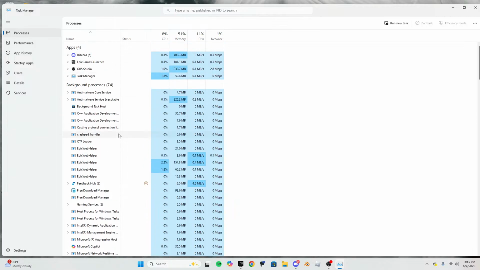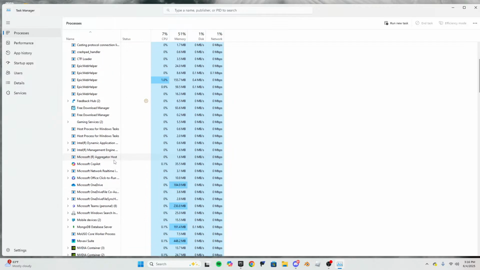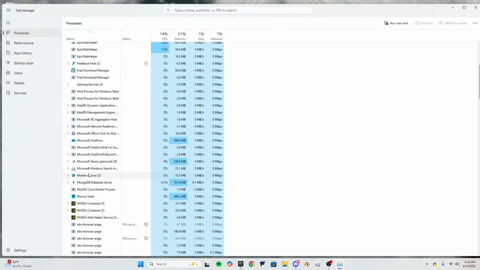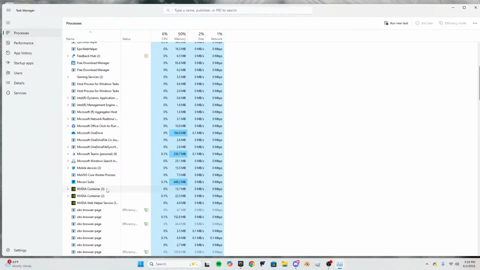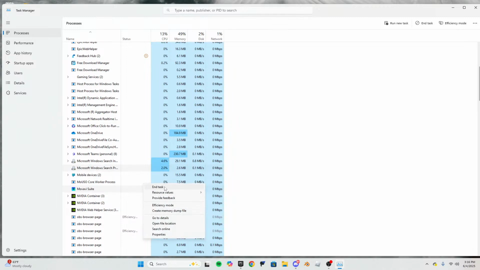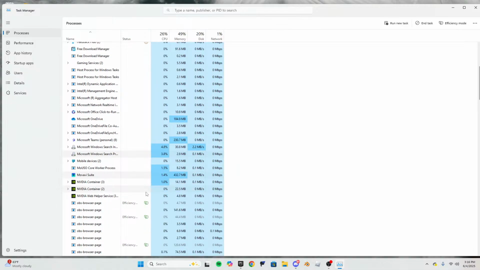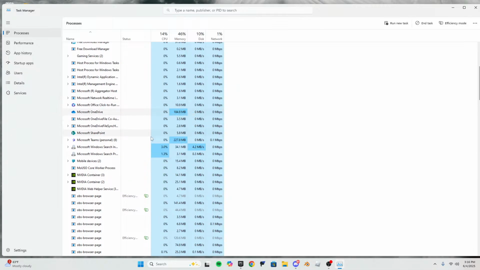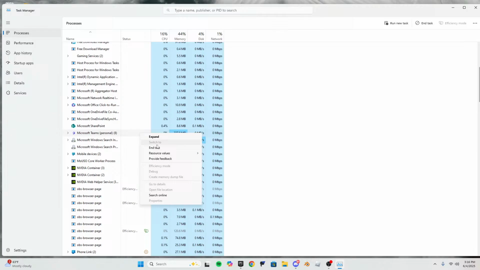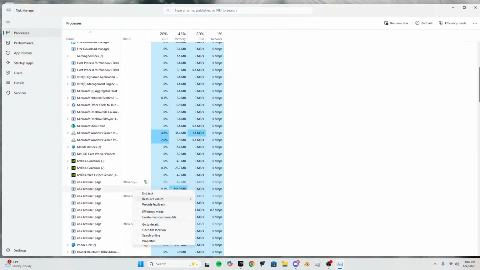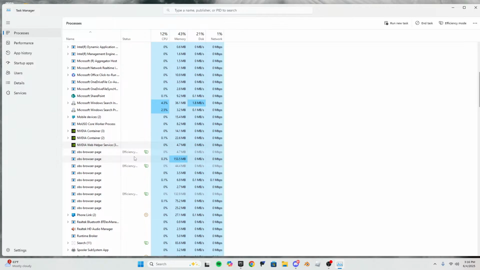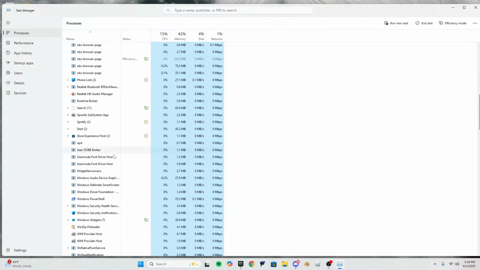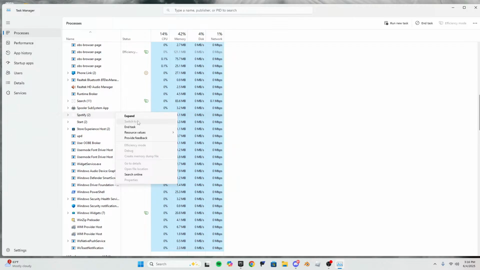Task Manager, Discord, making sure that there's no background processes going on. Get rid of processes. Okay, dude, what is this? Why is it taking up 448 megabytes? Like, are we dead ass? What is Movavi Suite? I don't know what that is and why it's taking up so much. OBS browser page? What is this? Spotify? I don't want Spotify.